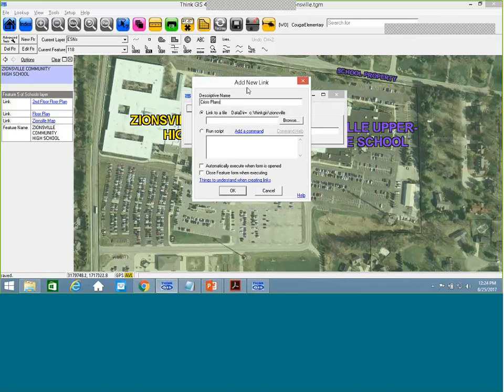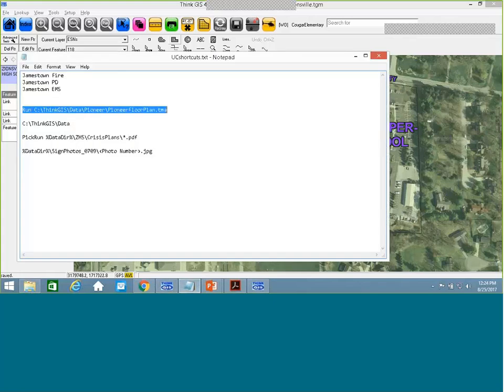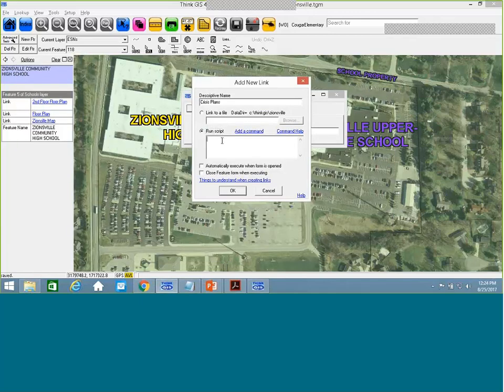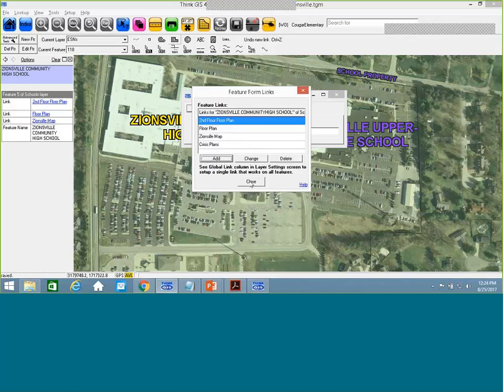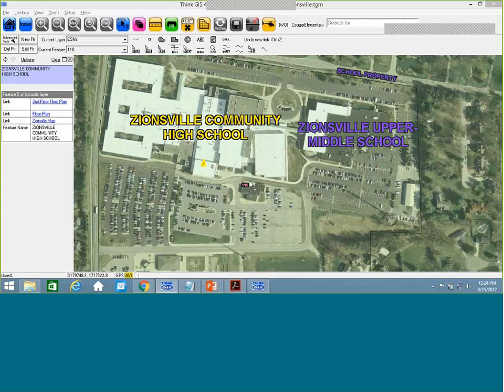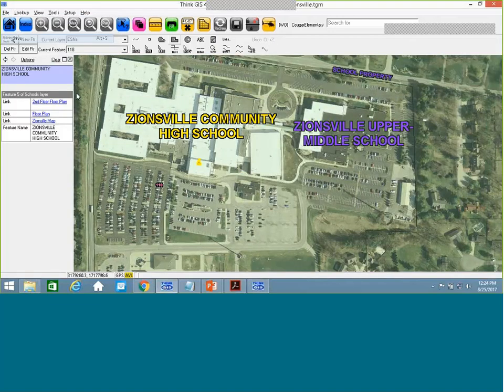I'm going to do a run script here, and this time I'm going to do one that's called pick run. So this way, you can see you can put a star at the end of it. So command is a pick run command, and you can put star.pdf or even star.star will allow you to open all the files within that particular crisis plan folder. In this case, I just want the PDF file, so I'm going to say OK, close and OK, save again. So I click on that, and I click crisis plans,